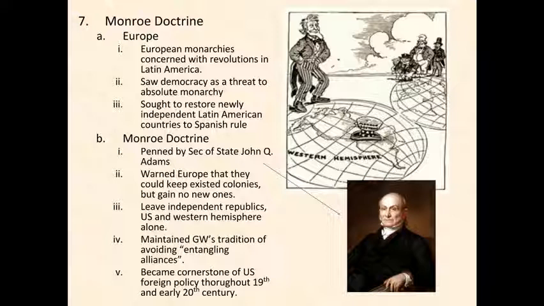And they also maintained George Washington's tradition of avoiding entangling alliances. So we weren't taking anybody's side over another person's side. We just wanted them to keep their territories, but leave the rest alone and stay to your side of the world. Basically, stay in the Eastern Hemisphere, and the United States would stay in the Western Hemisphere, and we would not interact with each other. So this became the cornerstone of U.S. foreign policy throughout